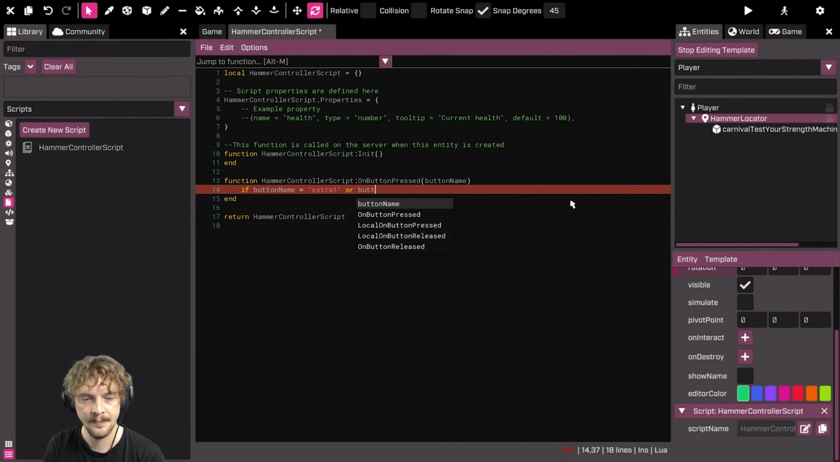So if the button name, and the buttons I'm using for this particular game is extra 1, and I'm using, because I wanted 2 buttons to bash it like this, button name is extra 1, or button name is extra 2, like that. Then